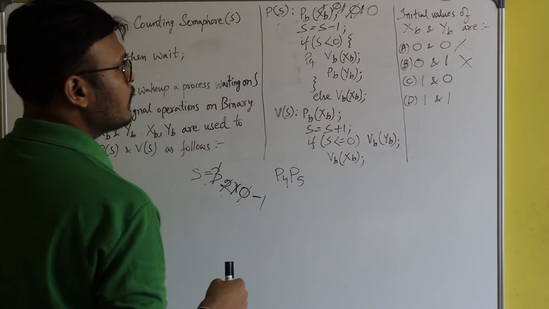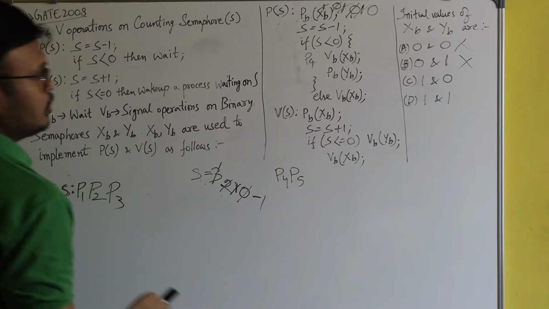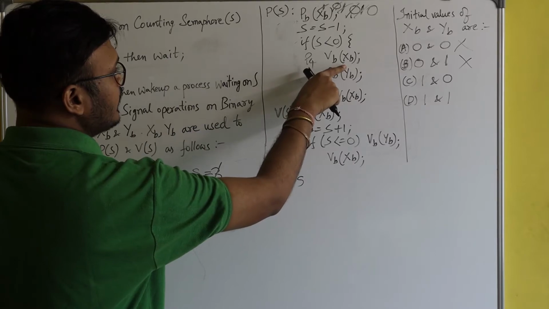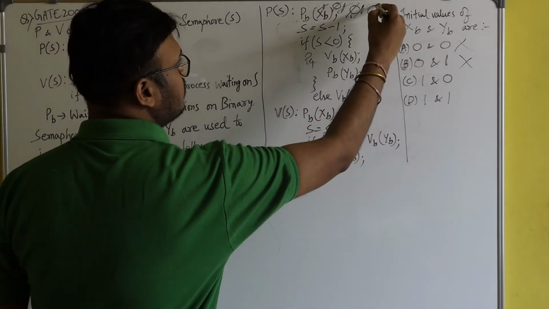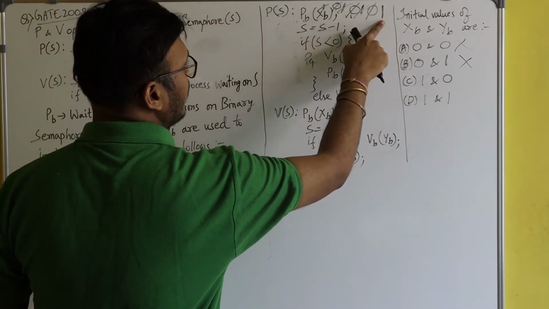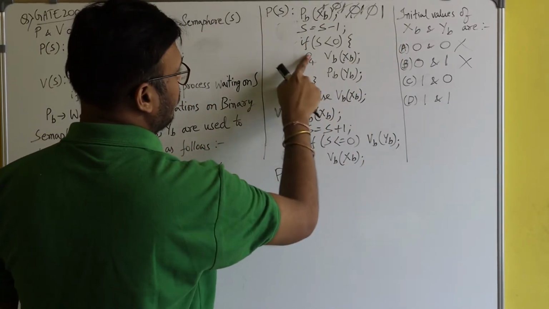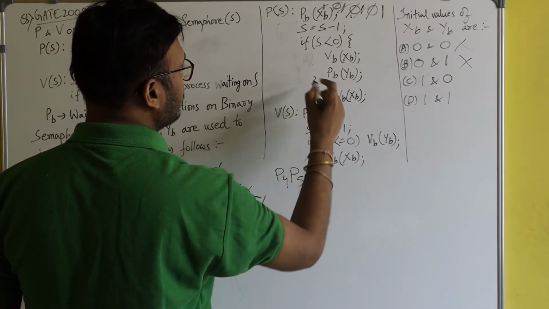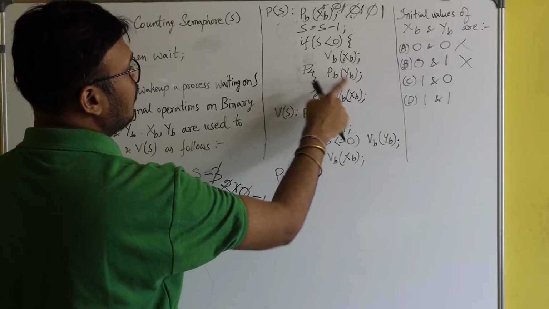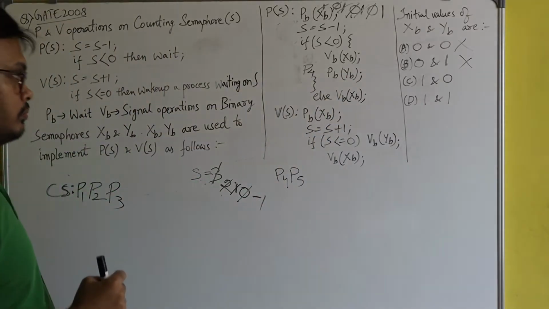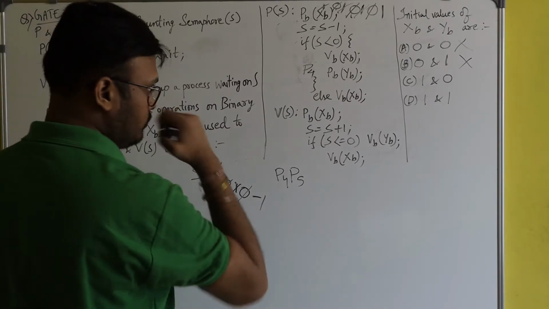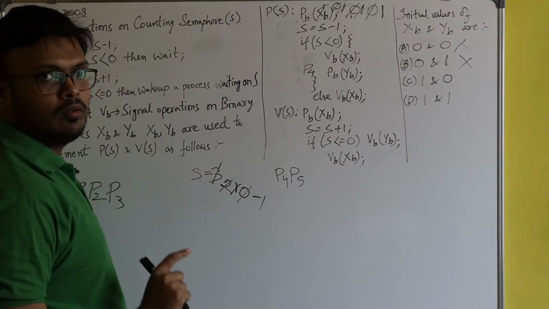Okay, I will tell you how. So now here you see, before blocking, P4 is giving a signal to XB so that XB again becomes 1. Here you see XB has again become 1. And after that, P4 will execute this line. What is written? PB of YB. So we want P4 to be blocked. So definitely this YB should be 0.